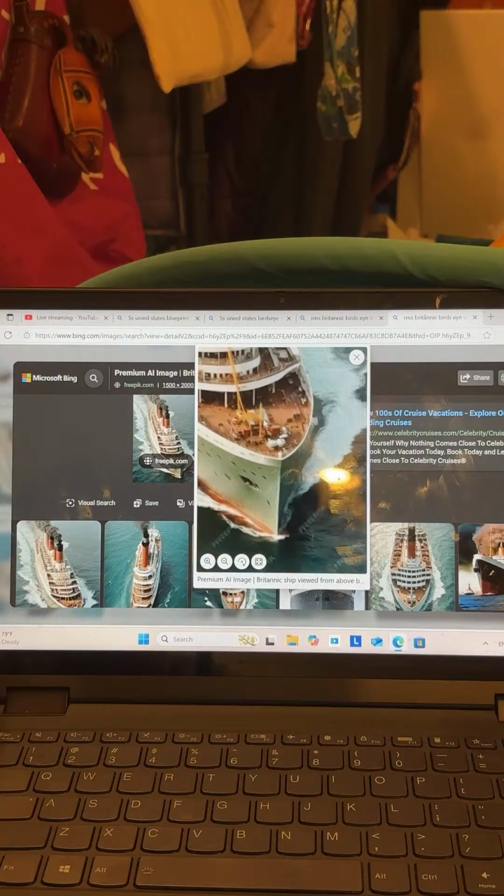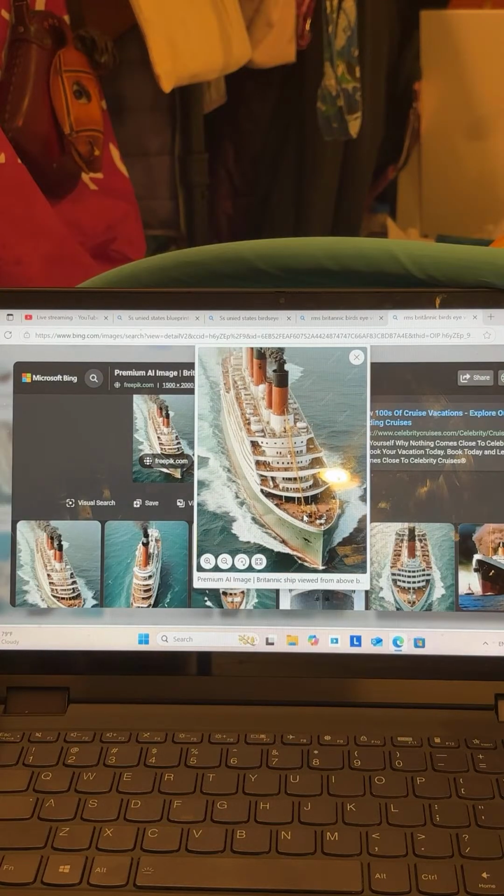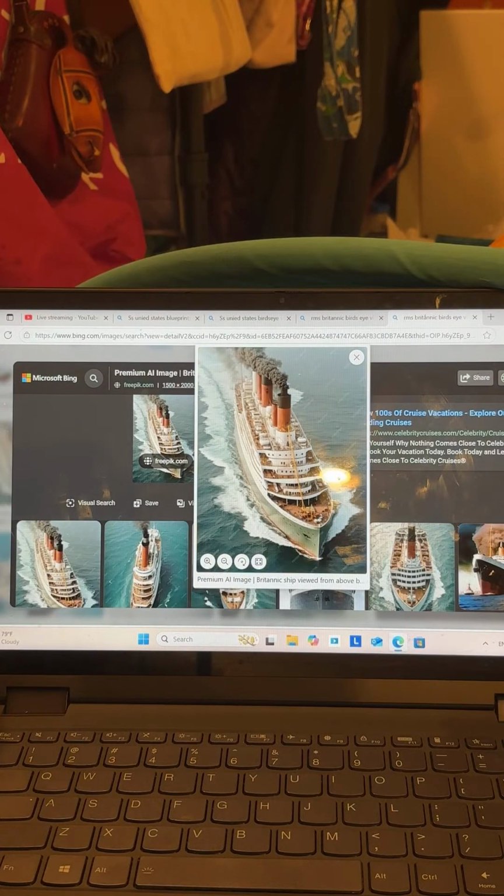Yeah, I searched up a bird's eye view of Britannic, and boom, we got AI slop. Oh my gosh. Nah, we're cooked. I have nothing else to say, but we are actually cooked, chat. If I'm trying to search up a picture of the RMS Britannic, a top-down bird's eye image, and it gives me a freaking AI image. This is official Google Chrome search engine. Actually, no, this isn't Google Chrome. This is Microsoft Edge. But still, an official search engine giving me AI as results. What? Like, if I want to get AI, I'll use ChatGPT or OpenAI or whatever AI app is used to create images. I think it is ChatGPT, but